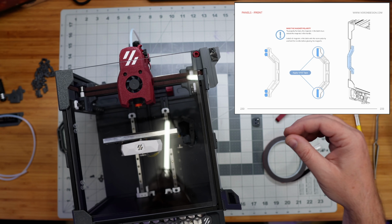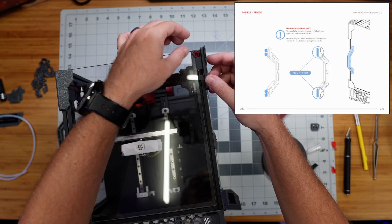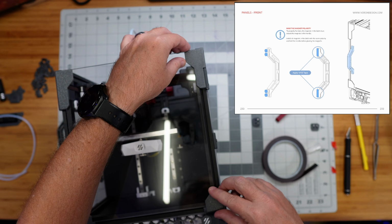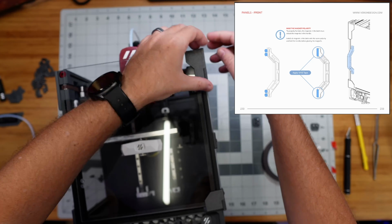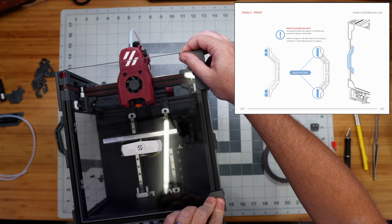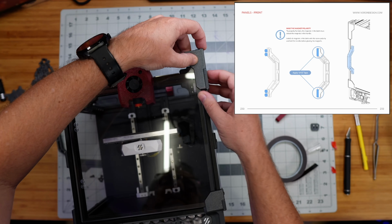Or just to verify that we're good. Yeah, and then we can go ahead and rotate both of these down and stick them in place. All right, see that one I got a little misaligned. I'm probably being a little bit overly OCD with making sure that this is lined up just right, but